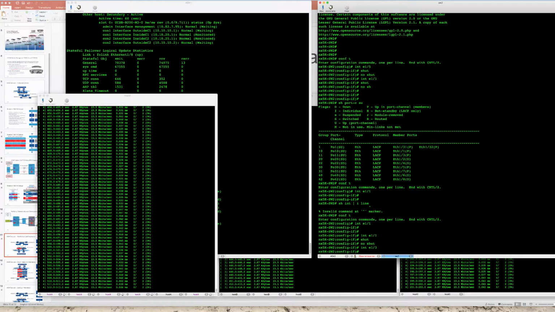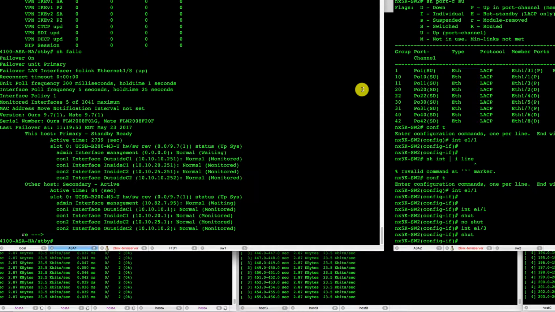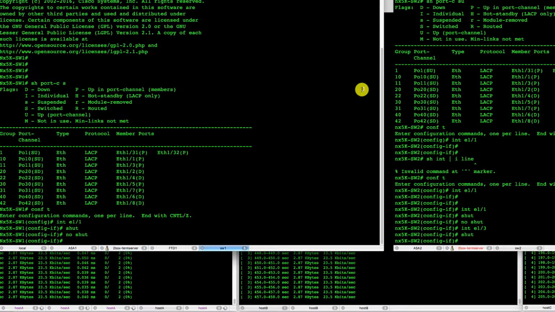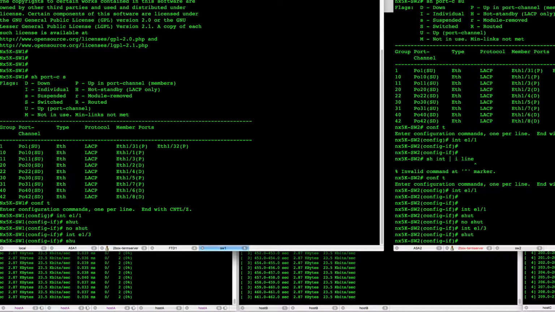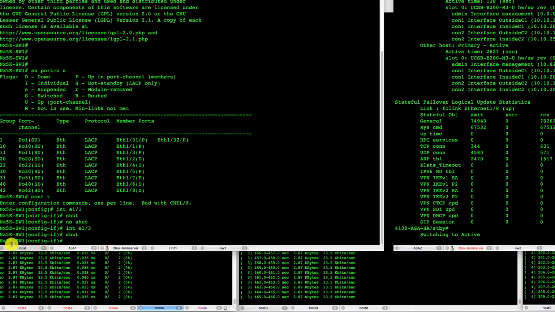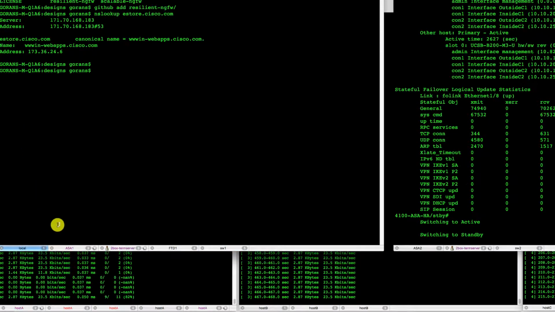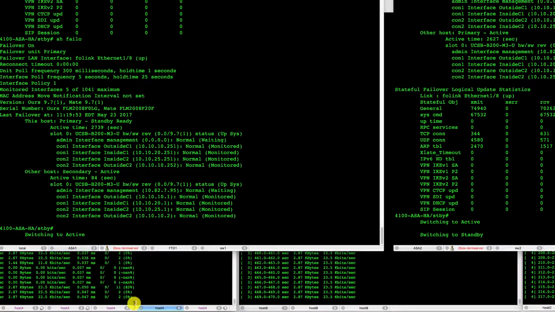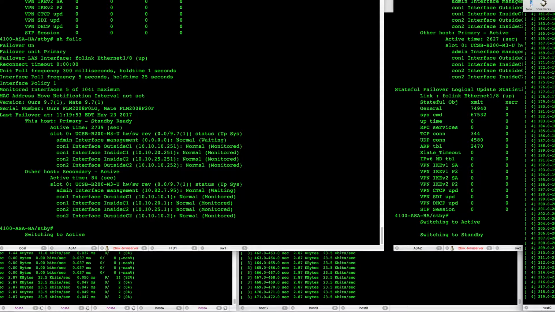Interface 13, shut it down, and on our switch 1, also do a shut. So looking at our ASAs, they have gone from active to standby, and in this case we lost about 4 packets